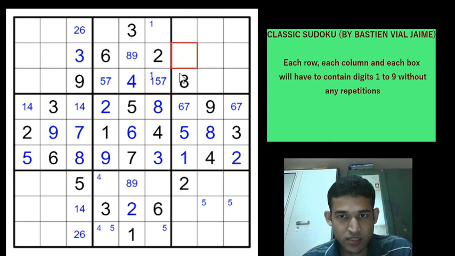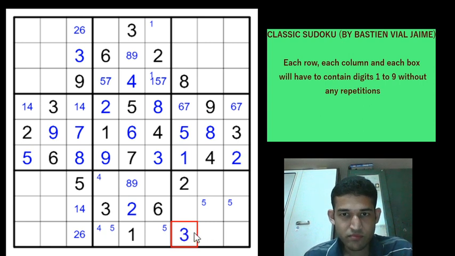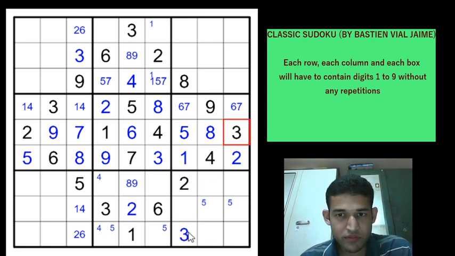Okay, let's focus on column 7 a little bit. 1 2 5 and 8 have been placed, 3 4 6 7 and 9 are yet to be placed, right? But 3 cannot be here, and 3 cannot be in this row, and 3 cannot be in this row as well, so 3 can only be in row 9 column 7. And immediately with the help of this 3 we can place the 3 in box 3. 3 cannot be in this column and 3 cannot be in this column, and these two rows 3 cannot be there, so 3 will be here,